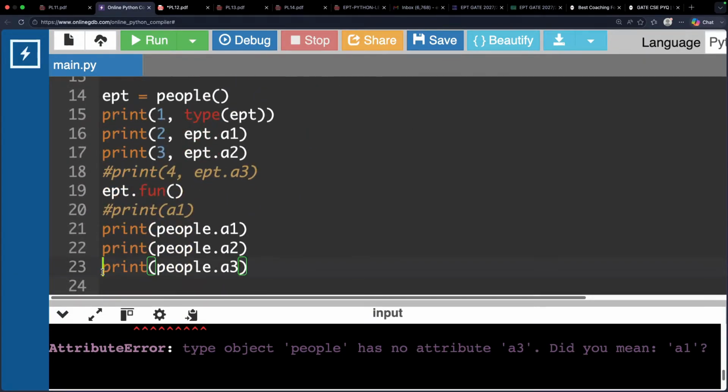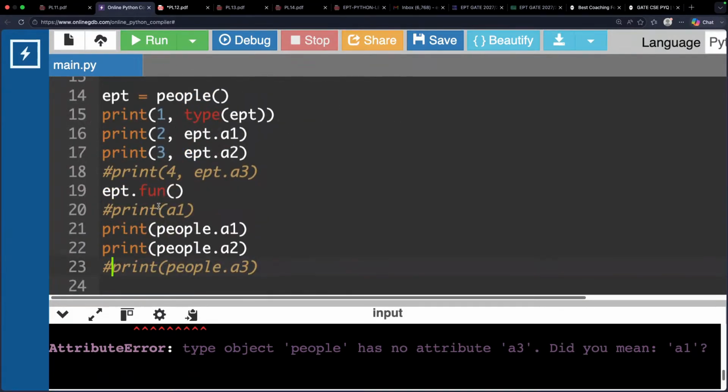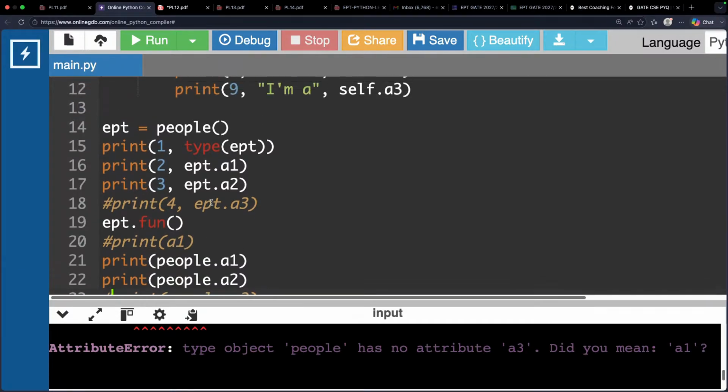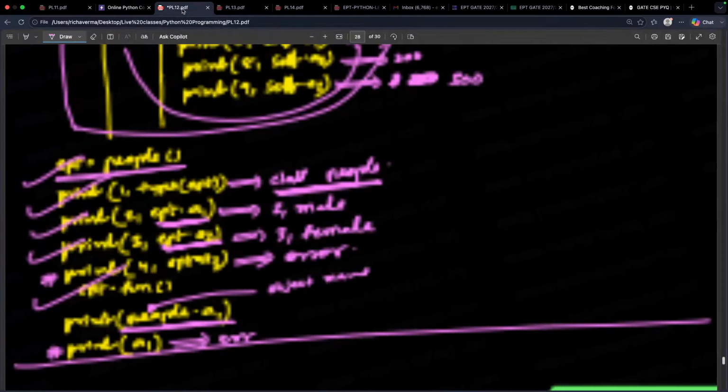So this also, you can make a comment. Perfect. I think people got it. Let me know if there is any small doubt also. Sir, I have this doubt. You ask me, I will help you. So I ran this program also. I think everyone is perfect. Now let's move to the next problem. You are okay. If there is a little doubt, you can ask me. So I'm going to the next problem.